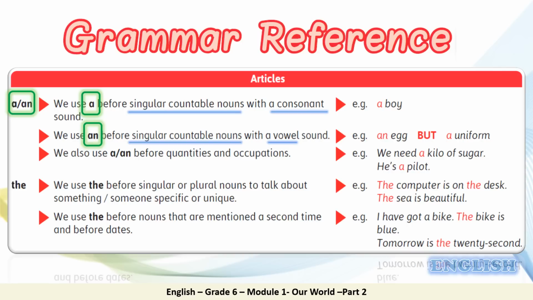For example, an egg, an hour. We use a or an before quantities like a kilo of sugar, and also occupations or jobs like a pilot,